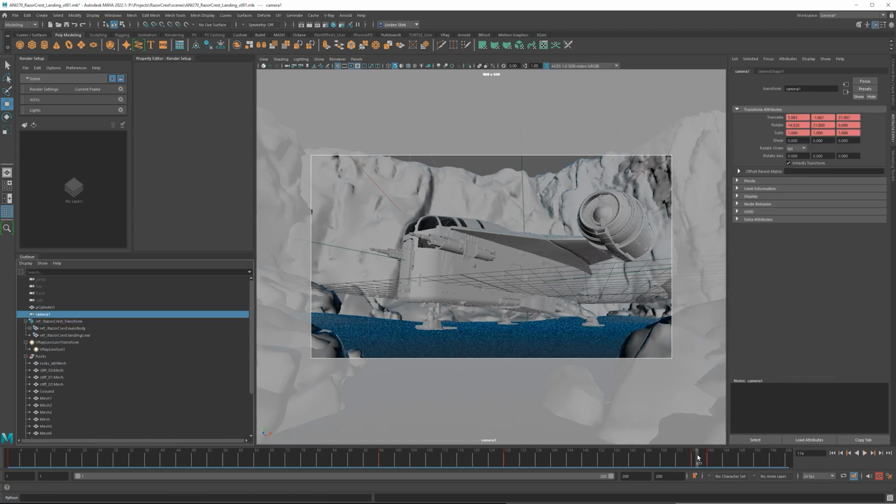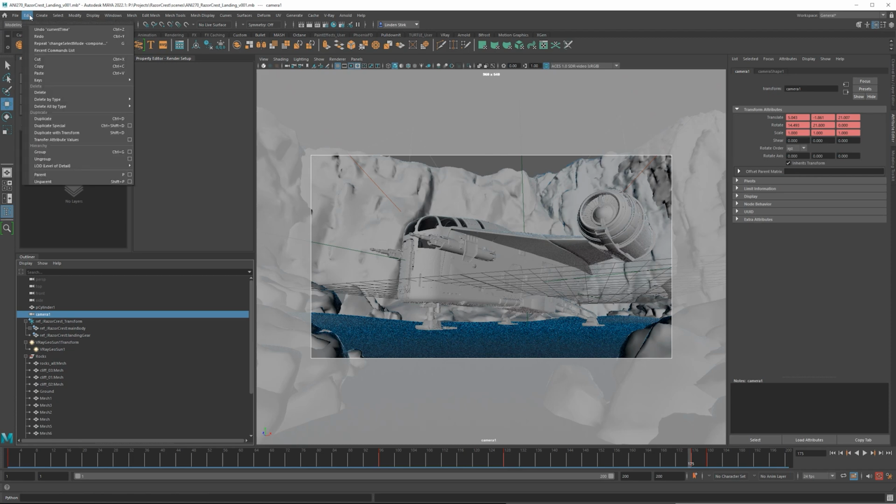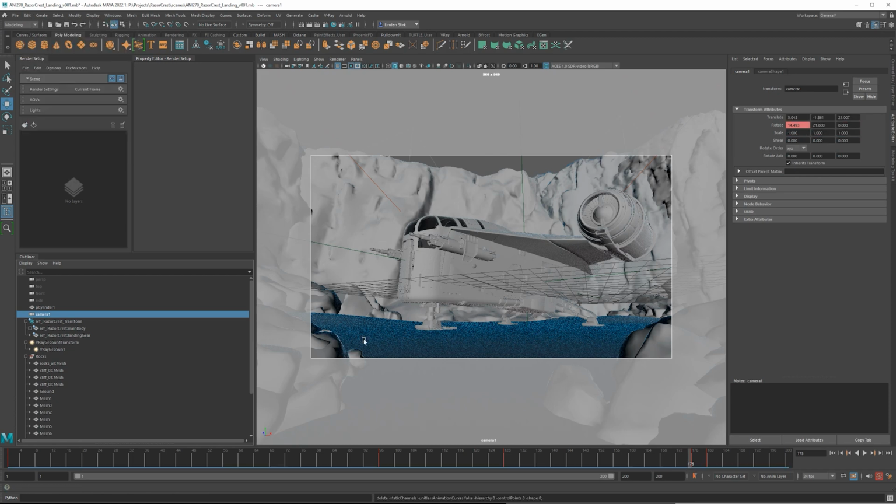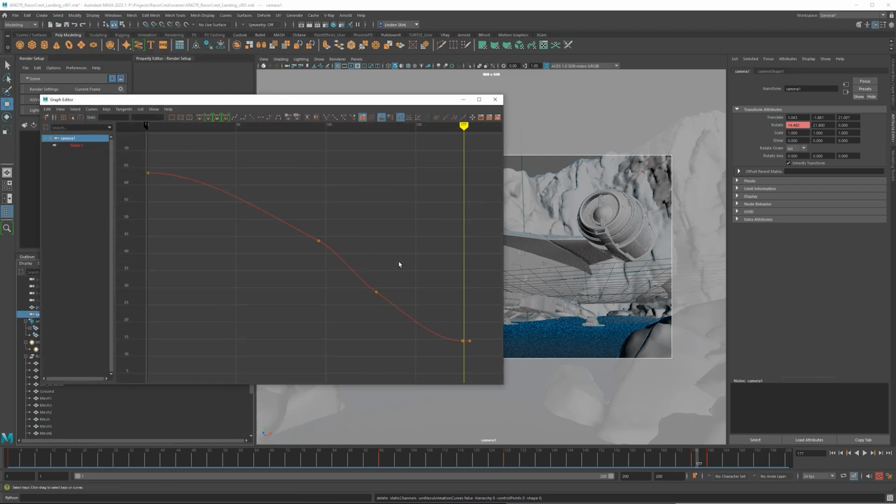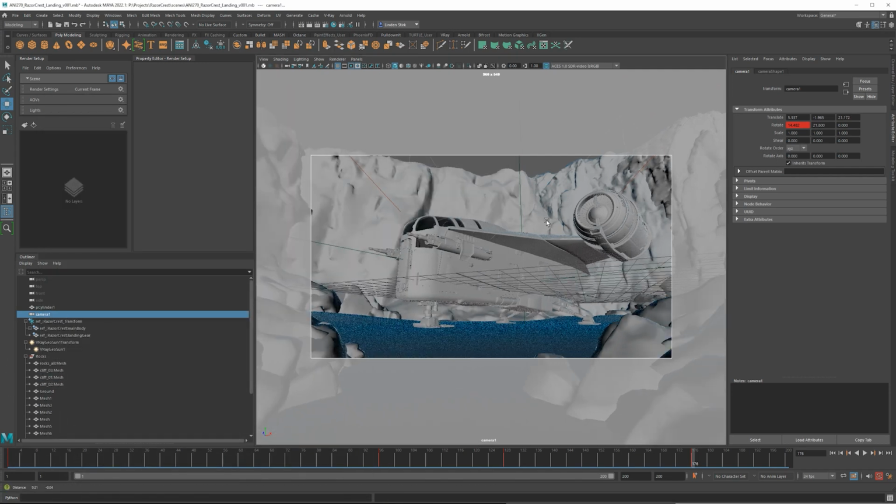And it looks like we have quite a few keyframes here that we don't need. So remember to delete unused keyframes. You can go to Edit, Delete by Type, Static Channels, first of all, to remove anything that's not moving. The rotation looks like it changes slightly here, perhaps on the camera. Let's go into the graph editor though, and then just have a look. Like that doesn't do anything. It's this keyframe, we can just delete that. And then right here, maybe I just want to pull this out just a tad.